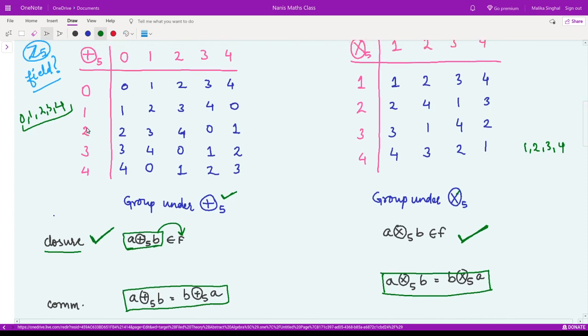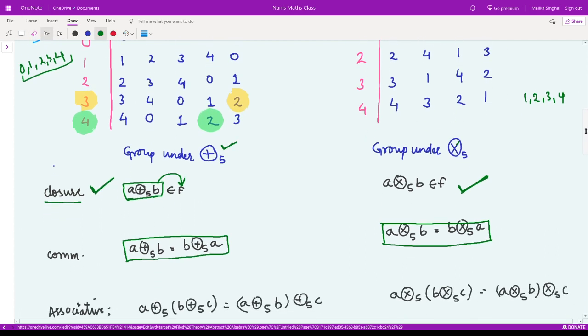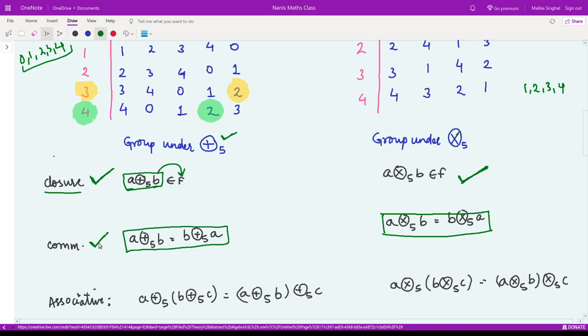If I take A to be 3 and B to be 4, what would be 3 addition modulo 5 4? It would be 2, right? Now if I check the opposite, taking 4 first and then 3, the result would again be 2. So these two are the same. Likewise, you can check for every number that this commutative property surely holds. So the commutative property under this operation holds.